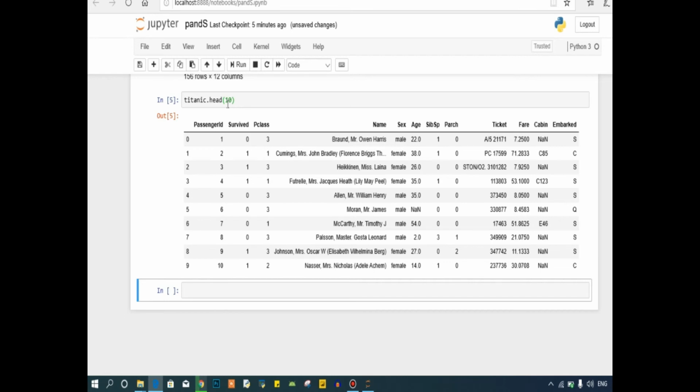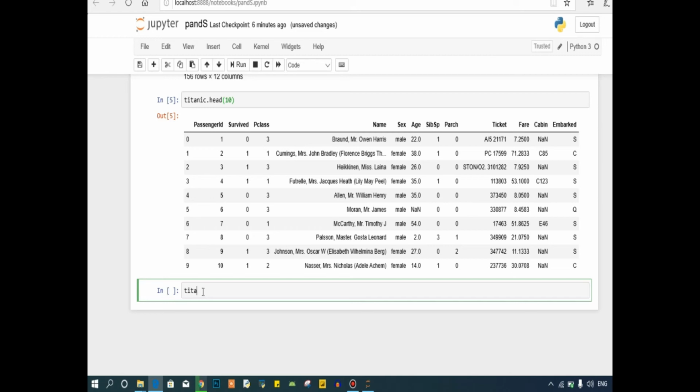Now guys, what if you want to get the 5 rows from the last? Like if you want to get the information of the data from the last. For loading the rows from the last, we will use the tail operation. What does this tail operation do? It will return the last 5 rows of your table.